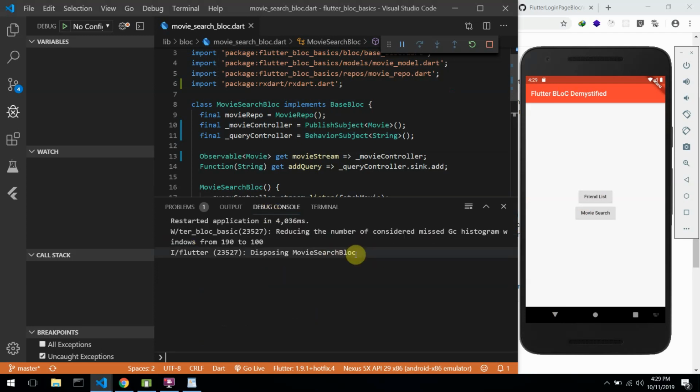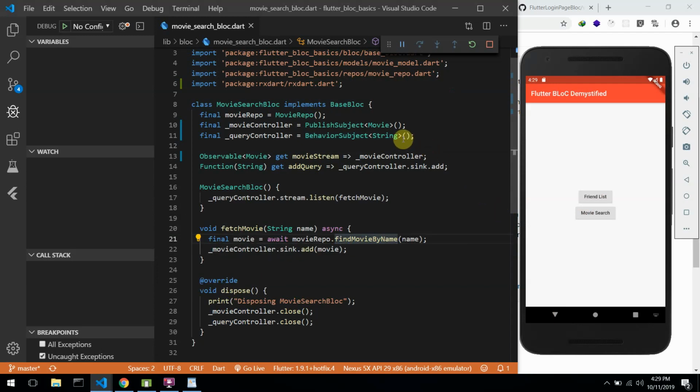Okay, disposing movie search block. No error yet. We'll still encounter that error as we progress. So you can see the reason why I'm disposing this is from the generic block provider. So the next thing I'm going to be doing would be to make use of the seeded constructor. So I'm going to be doing